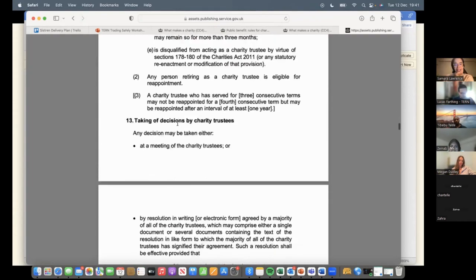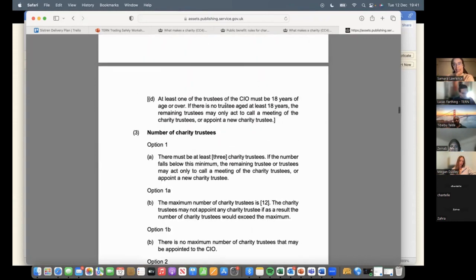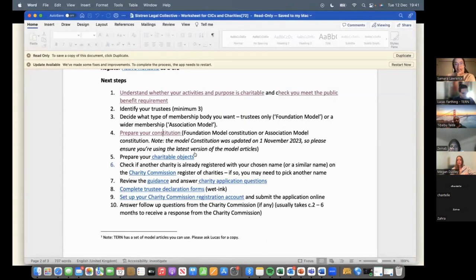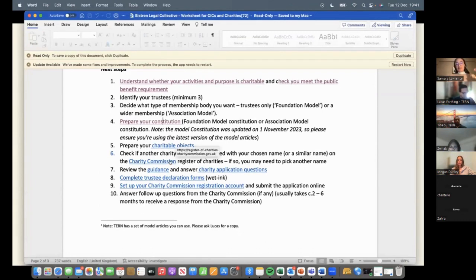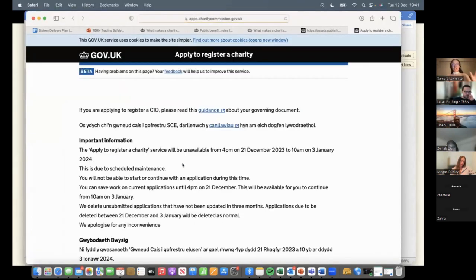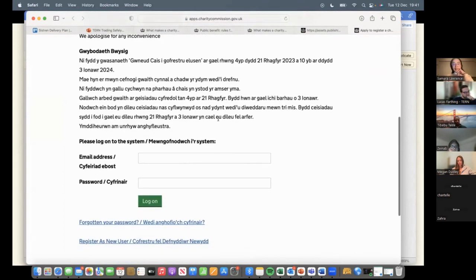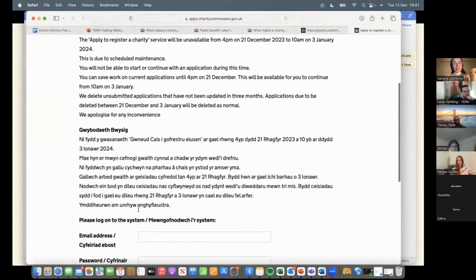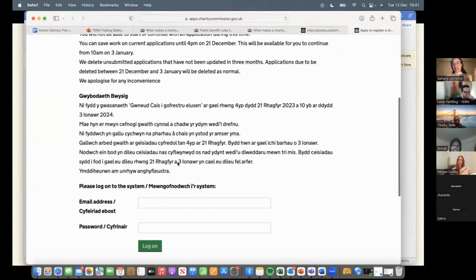So that's the governing document that you need to submit with your application. And then once you've completed that governing document, you need to complete the charity application form. This is a really long set of questions. When you print it out, it actually ends up being like 80 pages of questions, though not all of them are relevant, the questions will come up depending on what your charitable objects are. This is just the, I wonder why it's in Welsh as well. But you basically need to log in and start an application process.